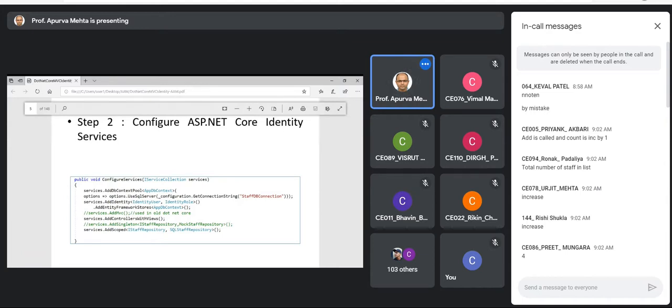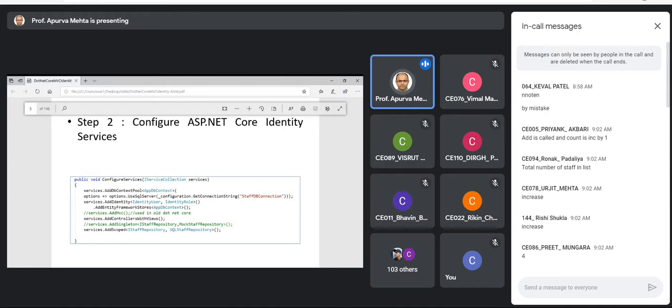But here, this AddIdentity method adds the default identity system configuration for the specified user and the role. IdentityUser is a class for users property. IdentityRole is a class for roles property. Okay, and this identity system, where all this information is available, is available in the FDB context, right? That's why we register with AddEntityFrameworkStores, and the generic class name is FDB context. Okay, so that's how we configure it.